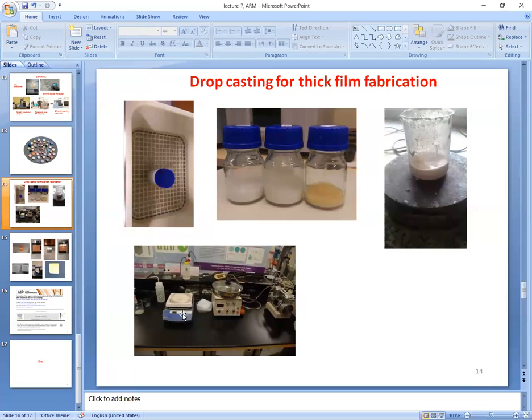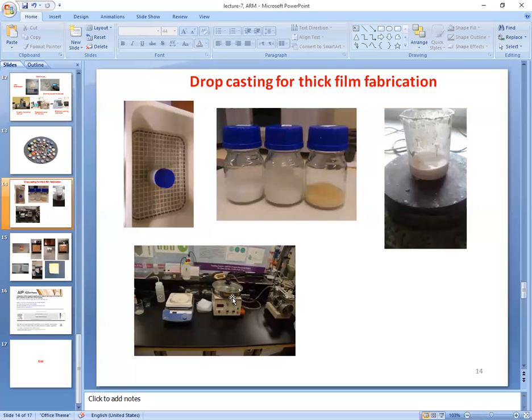You can see this is a hot plate, and this is a spin coater. So a spin coater is basically used for fabrication of thick or thin films. A substrate is fitted on the rotating axle. It is fixed, and then you have to drop the solution on the substrate and rotate it. The rotation can be controlled with these knobs, and then after rotation for a few seconds or for a minute,